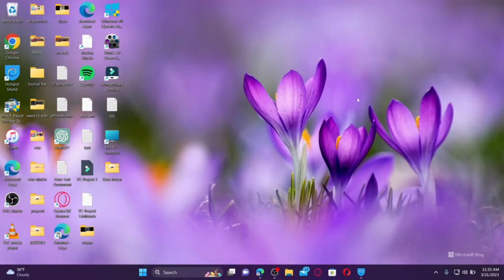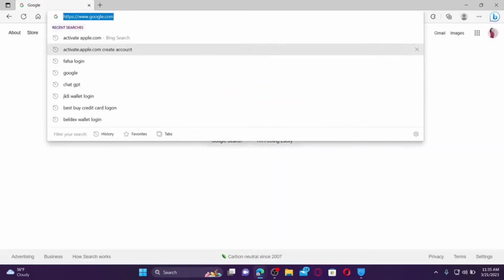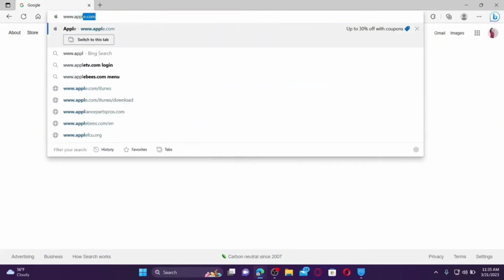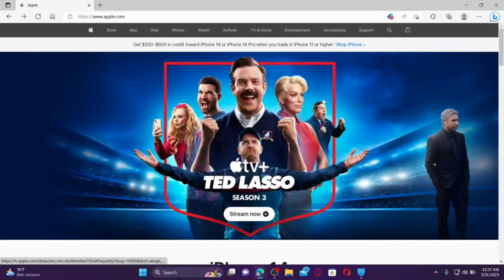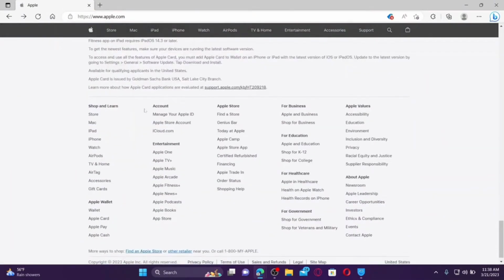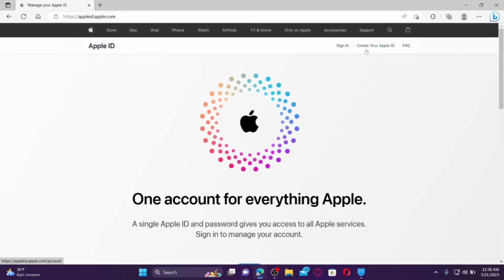How to create an apple.com account. Open up your web browser to get started. In the URL box, type in www.apple.com and press enter on your keyboard. Once you end up in the official web page, scroll all the way down and under Account, click on Manage your Apple ID. From the main home page, click on Create your Apple ID button at the top right and